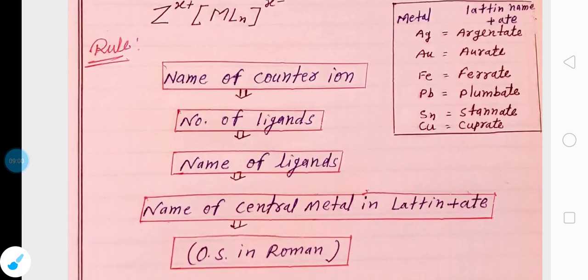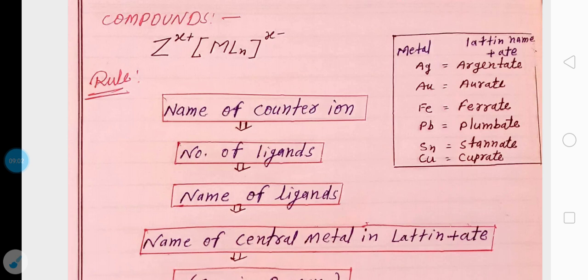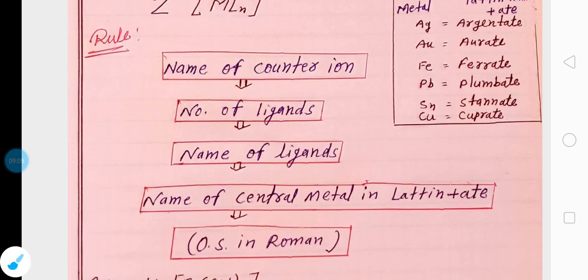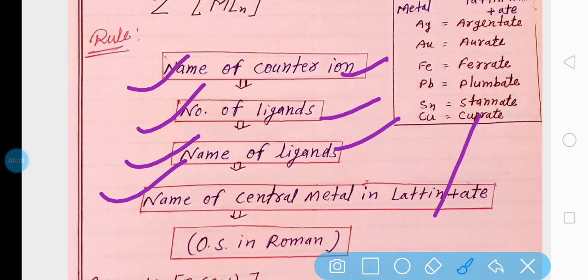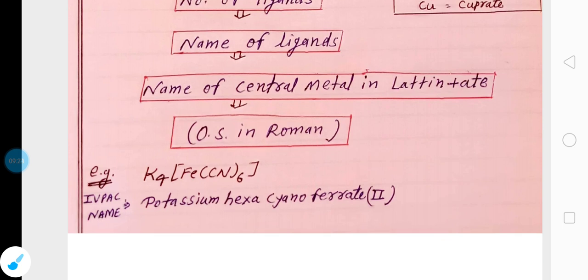So see once again the sequence of rule for negative coordination sphere. Firstly name of counter ion, then number of ligands, then name of ligands, thereafter name of central metal in Latin plus ATE, and then oxidation state in Roman. See an example,